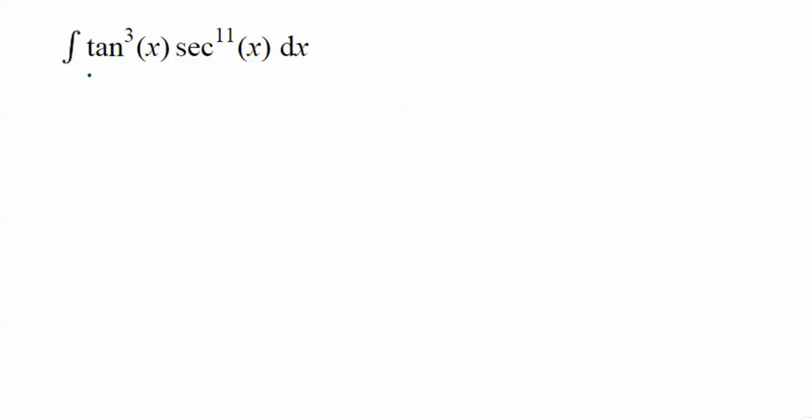We have the integral of the product of tangent cubed and secant to the 11th, sec^11(x) dx. Here the power of tangent is an odd number. In that case we save a copy of tangent and secant, okay, in this way. So we have to save a copy of secant and tangent when we have an odd power of tangent, because